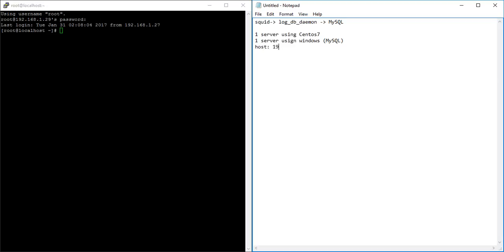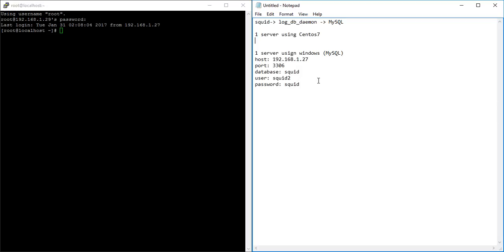First, the host is 192.168.1.27 and port is default, and the database is Squid, user is Squid2, and the password is Squid.